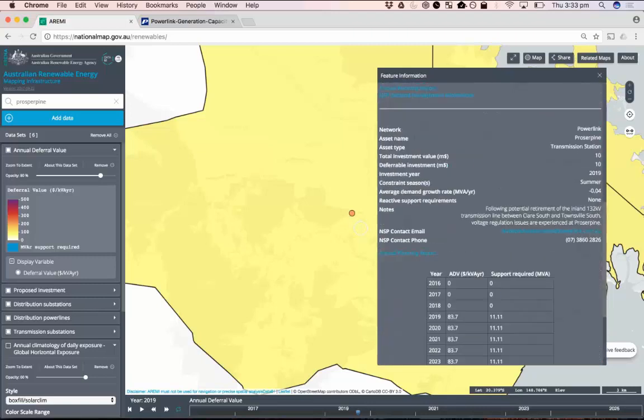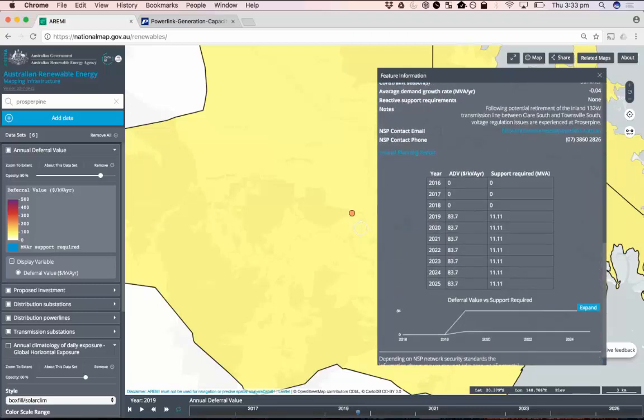So it's about $80 per kVA per year, and requires about 11 MVA of support. So it needs to be a project of relatively substantial scale to achieve a deferral, and of moderate value. So it's not going to get a project across the line by itself, but could be an interesting additional value stream. And let's dig a little deeper to see, well, what is actually the peak circumstance that is driving this